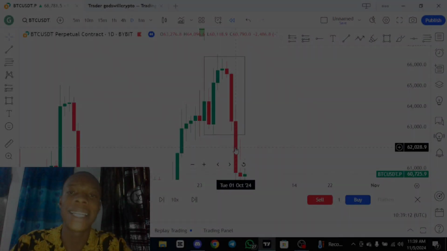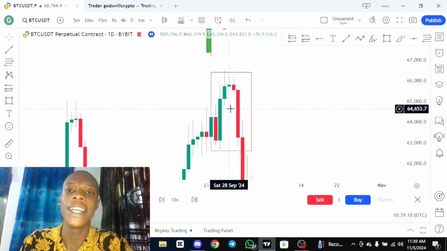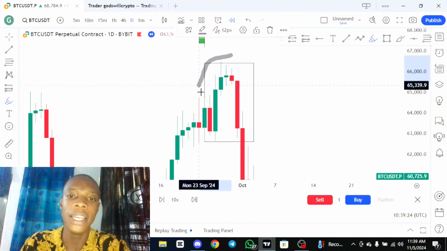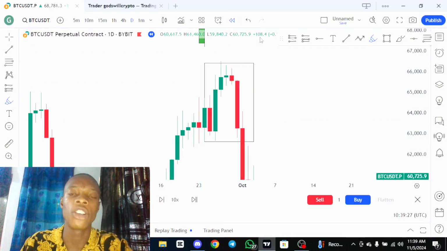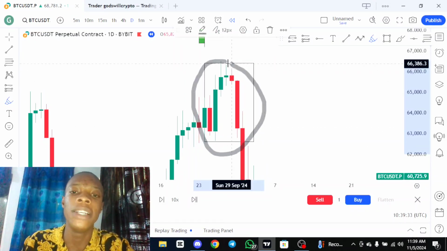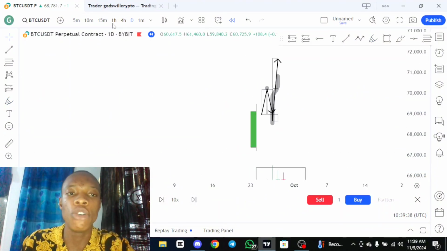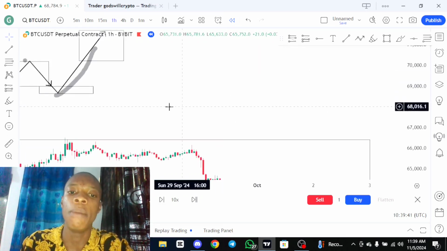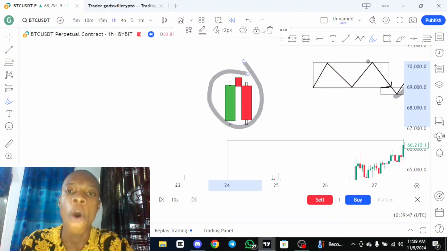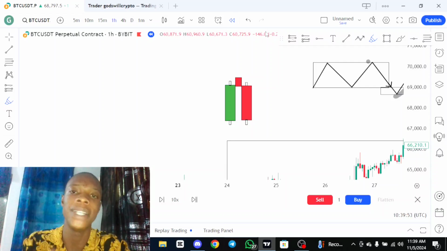Now guys, what exactly is this candle range theory? It's just a sequence of candles, right? A candle sequence that provides you with trading opportunity, mainly 3 to 5 candles. You just need 3 to 5 candles on a higher time frame, and these candles will provide you with trading opportunities. This is just what the candle range theory is. It can be a 3 candle sequence, it can be 4 candles, it can be 5 candles. These candles will form together to provide you with trading opportunity. Just a sequence of candles that provide you with trading opportunity.